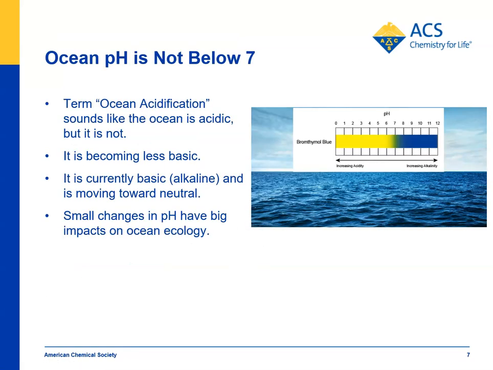Now, one important point for students is that ocean acidification, the term acidification, makes it seem like the ocean is becoming acidic. Well, it's actually not. The ocean is basic. It's about 8.2 or so, but it's becoming more acidic, or in other words, less basic. Nobody is saying that the ocean water is acidic, that its pH is below 7. It's not. But it's becoming more and more acidic or less basic because of all the CO2 interacting with the water.